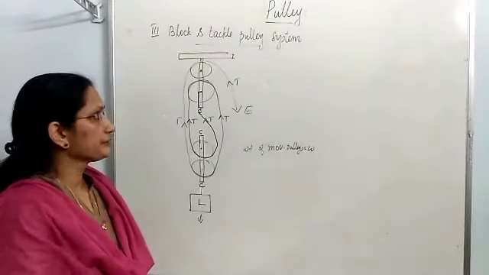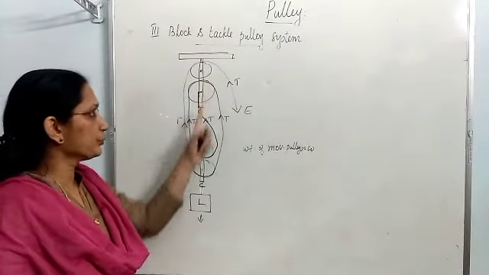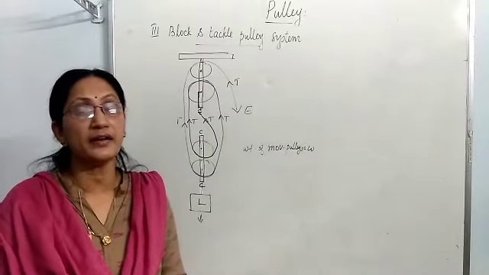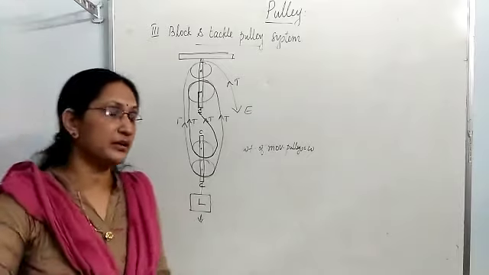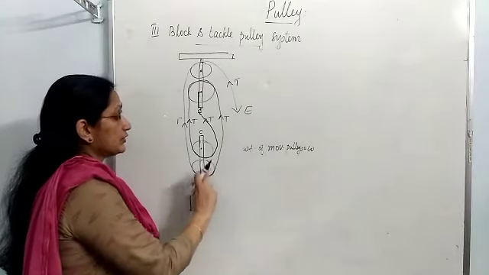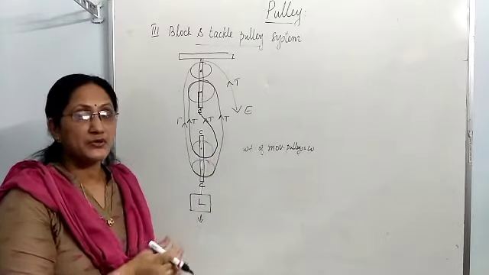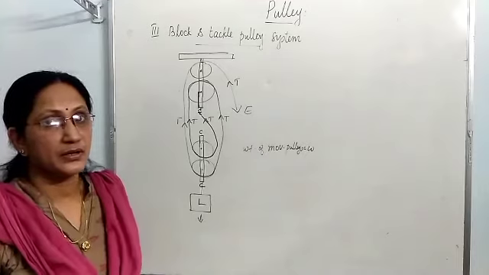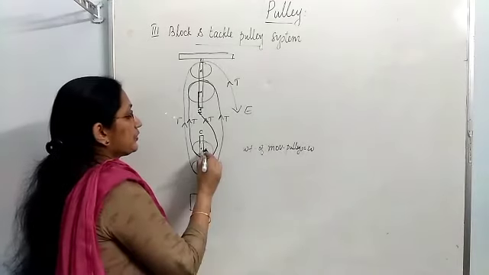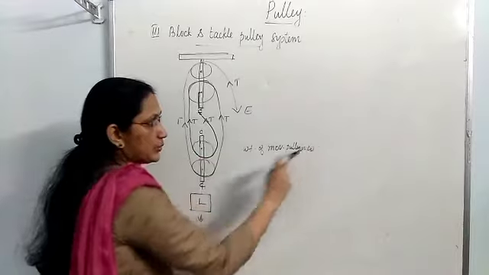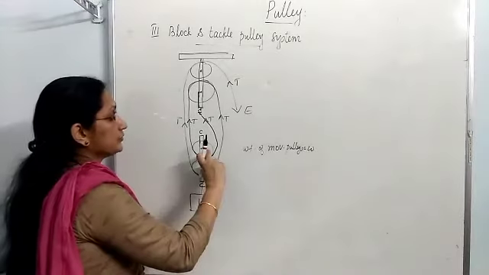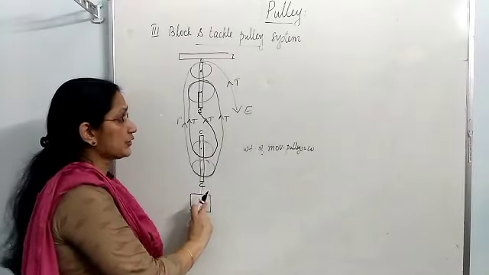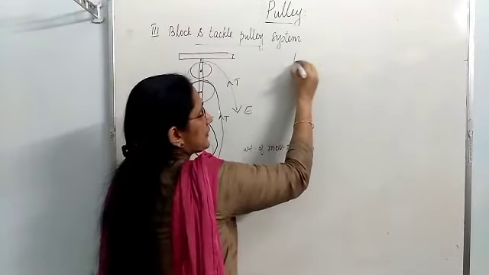We have seen that in this pulley system there are 4 pulleys and its MA and VR are 4. That is in ideal working condition. Okay, but you know, along with the load, these 2 pulleys are also lifted up. So what will be its actual mechanical advantage? Okay, so consider the weight of these pulleys is equal to W. Weight of these 2 pulleys W, and the load you have to lift is L. So the total load lifted will be L plus W.